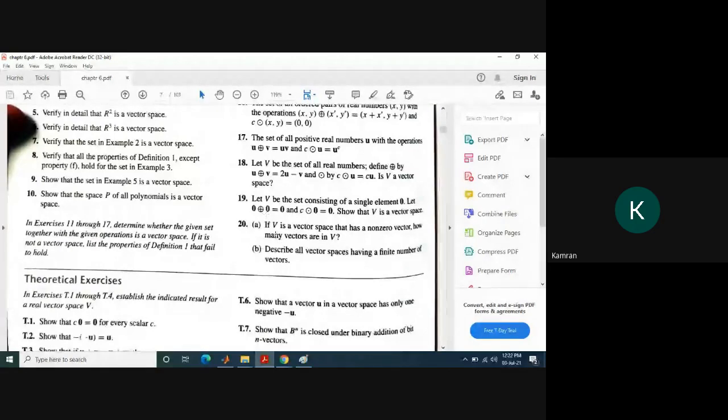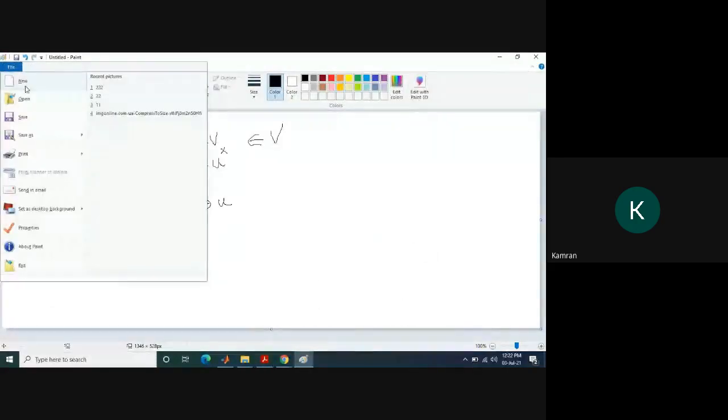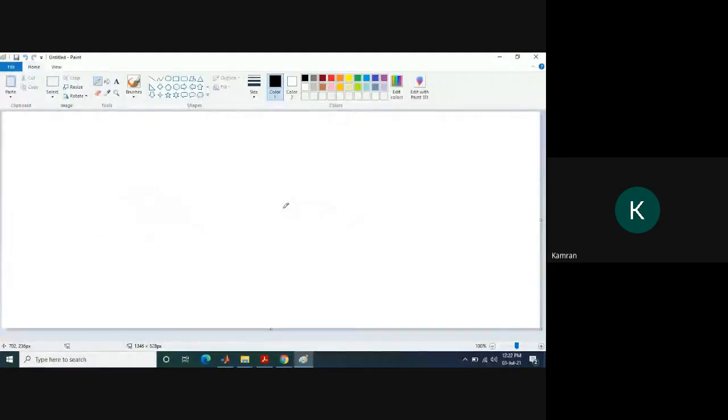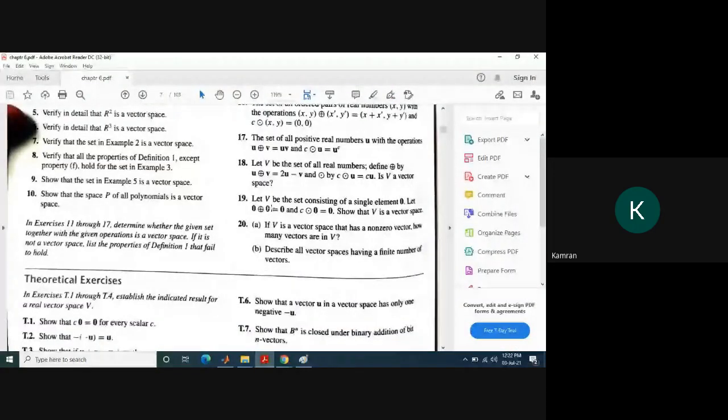Question number 20. If V is a vector space that has a non-zero vector, how many vectors are in V? तो देखिए, वेक्टर स्पेस में जीरो एलिमेंट का होना जरूरी होता है. देखिए जिस तरह क्वेश्चन नंबर 19 में आपने देखा, इसमें सिर्फ जीरो है फिर भी ये वेक्टर स्पेस बनाता है. तो अगर जीरो नहीं है किसी सेट में, वो फिर वेक्टर स्पेस हो ही नहीं सकता. जीरो का होना जरूरी है, बाकी अगर वेक्टर स्पेस में जीरो भी है, इसमें कितने वेक्टर्स पॉसिबल हैं?